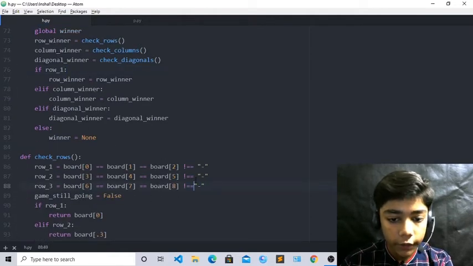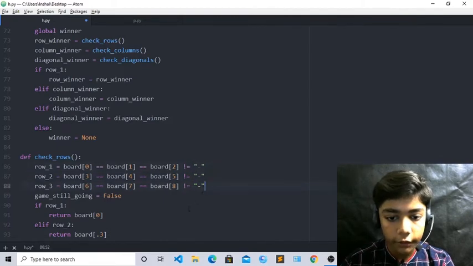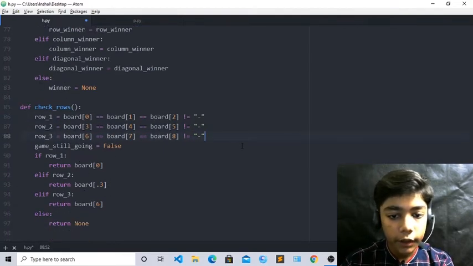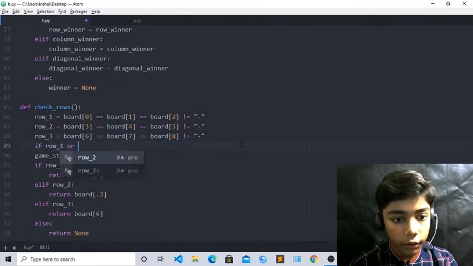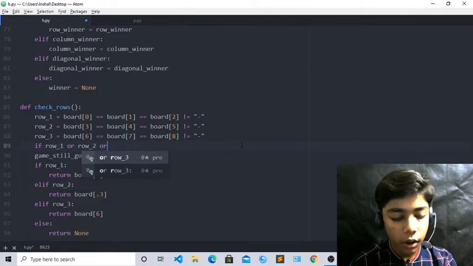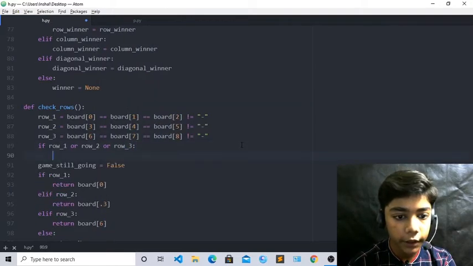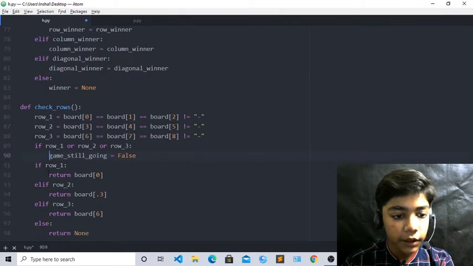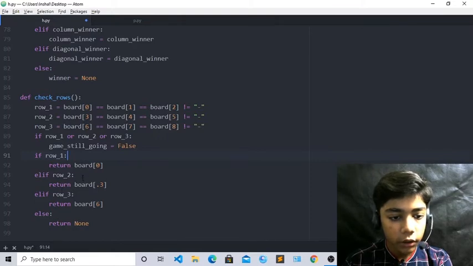So now we will define if row 1 or row 2 or row 3, because we are defining 3 rows here, so we have to define row 3, just backspace from here. Now enter here, and press enter here also. So now you have defined these elif row 3 till here.